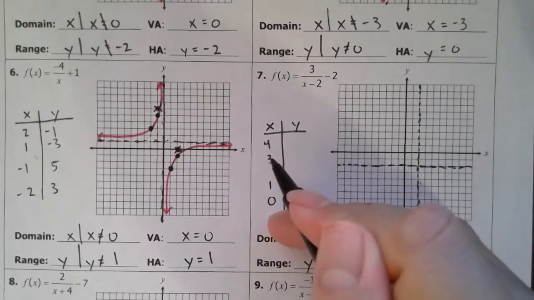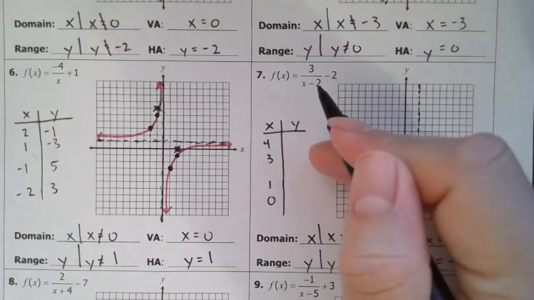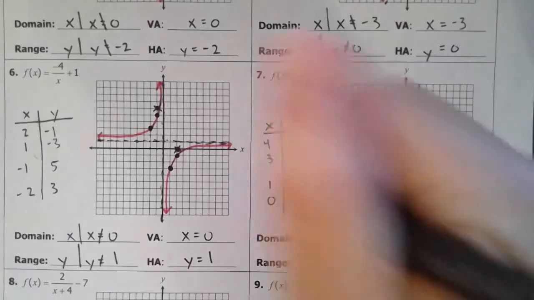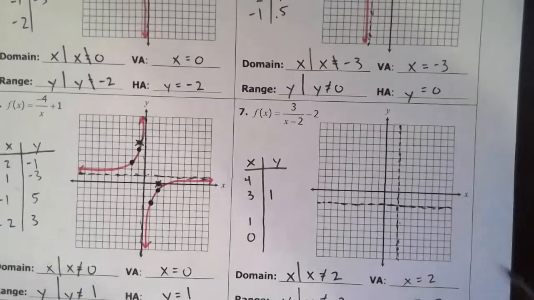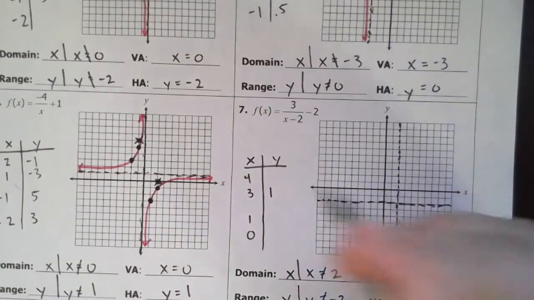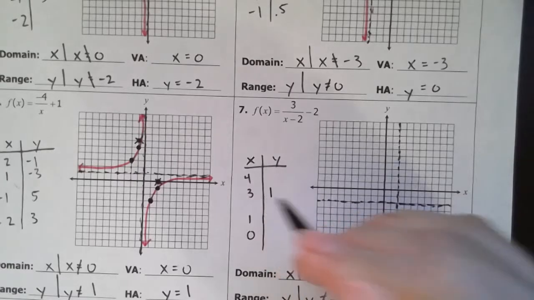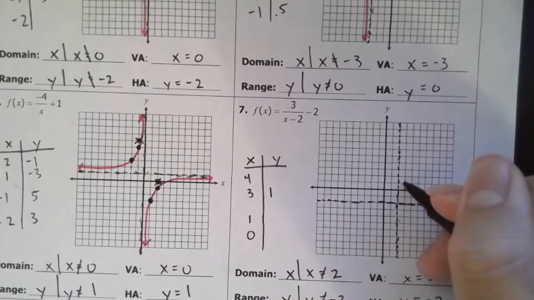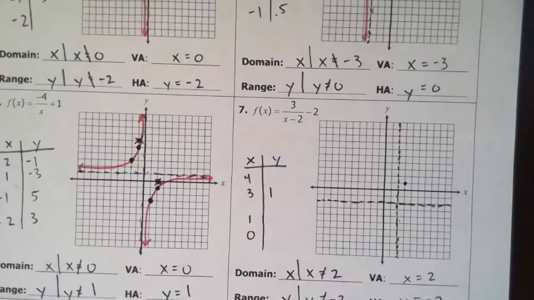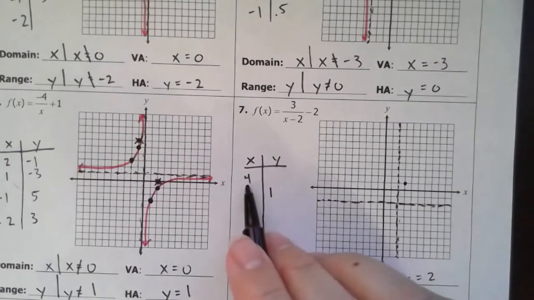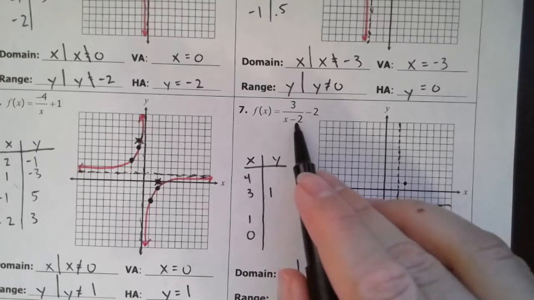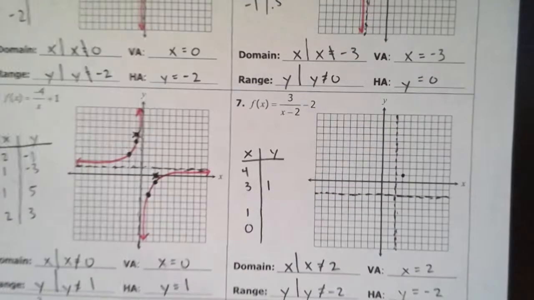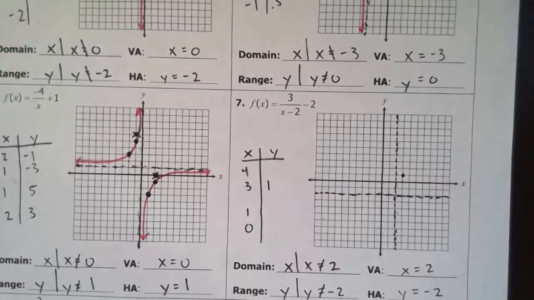So when I plug in 3, I get 3 minus 2, which is just 1. So 3 over 1 is just 3. Minus 2, I get 1. So hopefully I don't make mistakes here. Let's see. At x is equal to 3, it's 3 comma 1. So 1, 2, 3, 1. So I have a point there. At x is equal to 4. 4 minus 2, I get 2. So 3 over 2 minus 2. So 3 halves minus 2. I'm getting -1